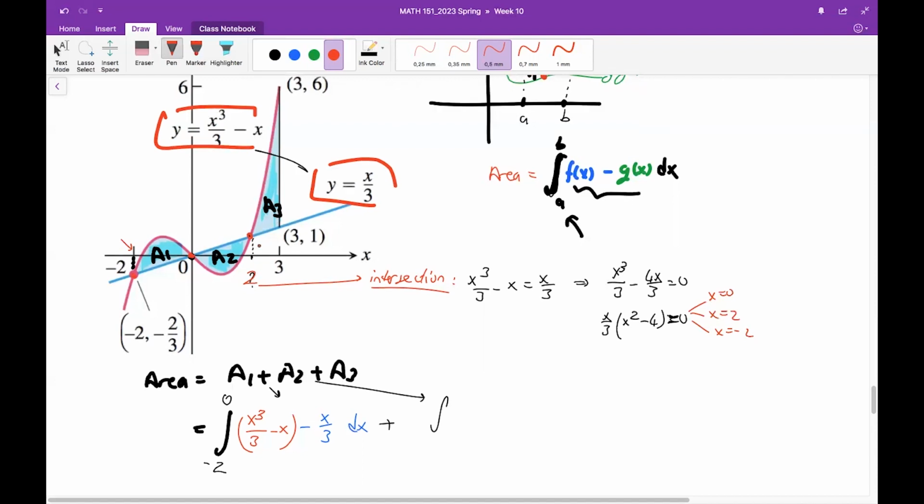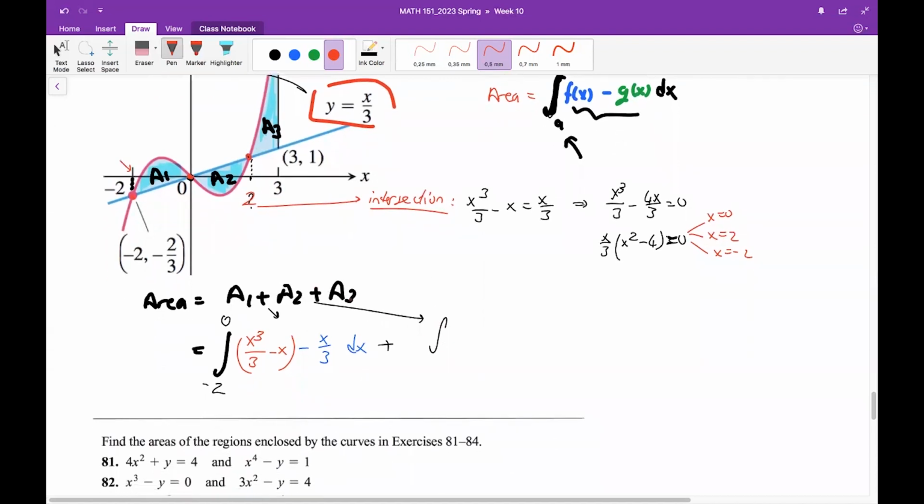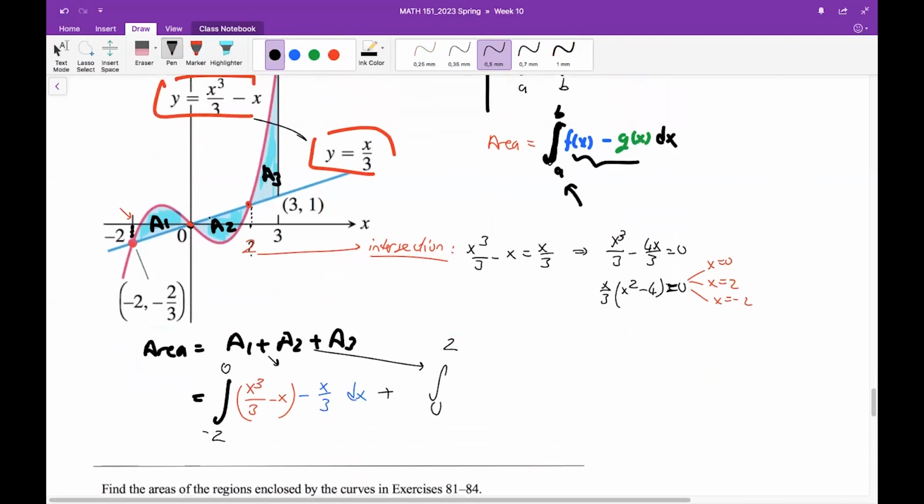Okay, after finding this, now we can construct the integral for the second part, A2. It goes from 0 to 2, right? This time, the blue curve is the bigger curve, x over 3, minus the pink one, which is the smaller one. That's why x over 3 minus x cubed over 3 minus x. You should take the difference, dx. And